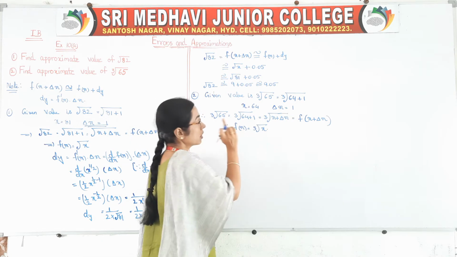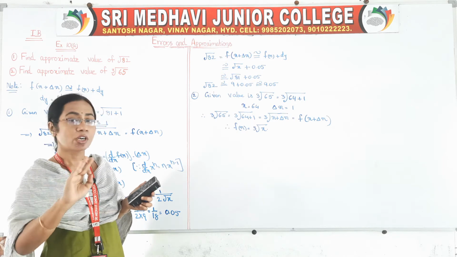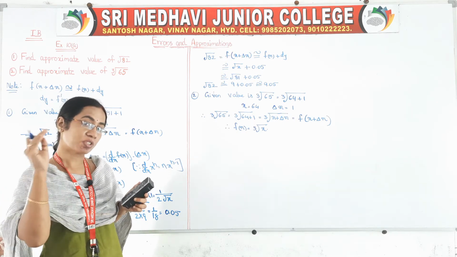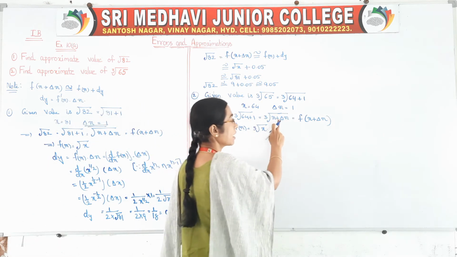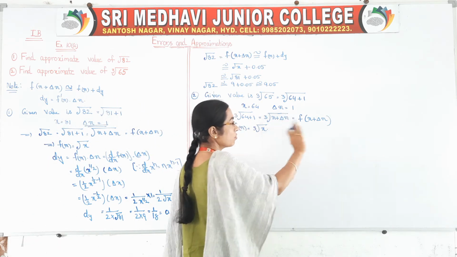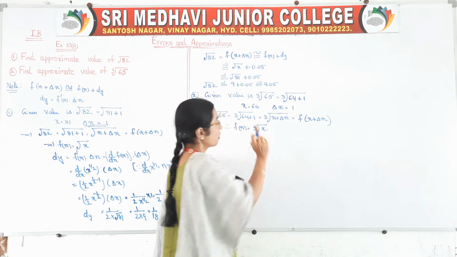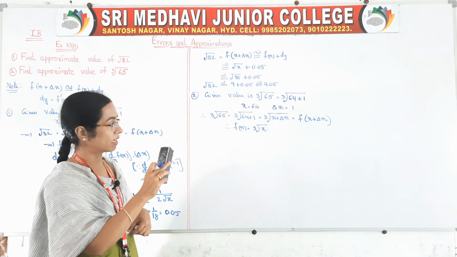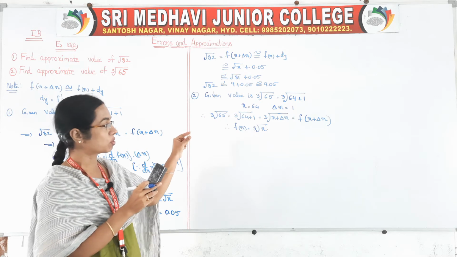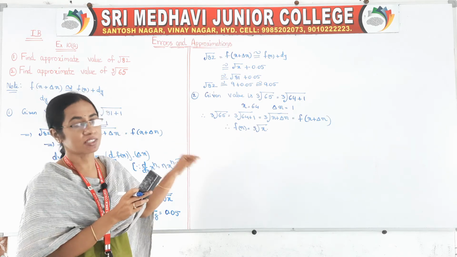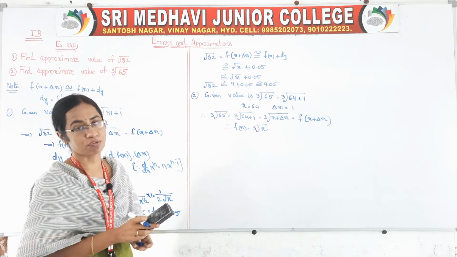Okay, f of x plus delta x is cube root of x plus delta x. We want f of x. So f of x means don't take that delta x term from your f of x plus delta x. We should not take that delta x term, so only the x term. So your f of x is cube root of x. Okay, getting my point? The only crucial thing is how to select our f of x. In this problem, it is not given. We have to find out what f of x is.